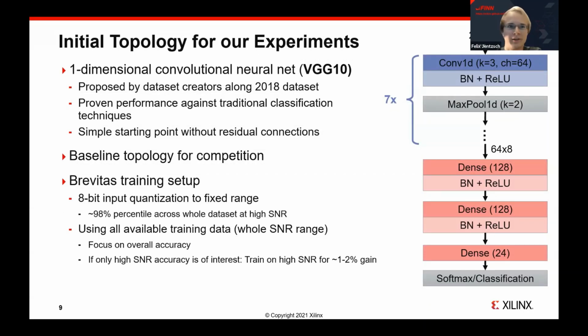Weird. Yeah, but you didn't miss much here. It's just the baseline topology. We use 8-bit inputs throughout. So while we vary the weight and activation precision on the next slides, keep in mind that the input is still always 8-bit. Also, similar to the provided sandbox, we train on the whole data set regardless of the SNR. If we were only after the accuracy at high SNR, we could probably get 1 or 2% more accuracy across the bank by leaving out some of the low SNR training samples. That is at least according to our own experiments.